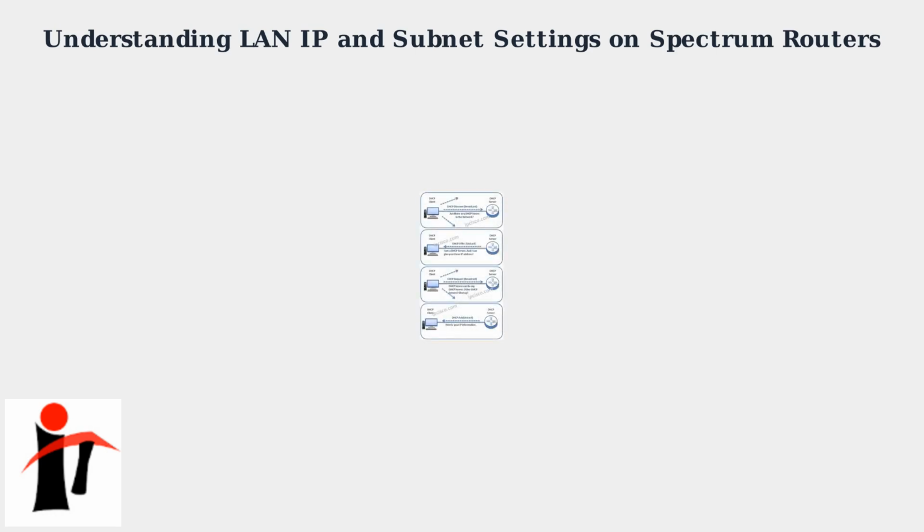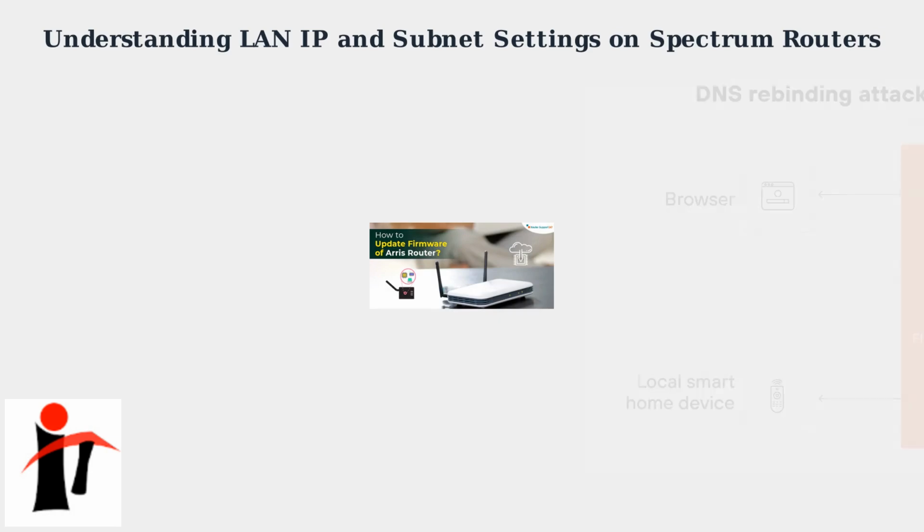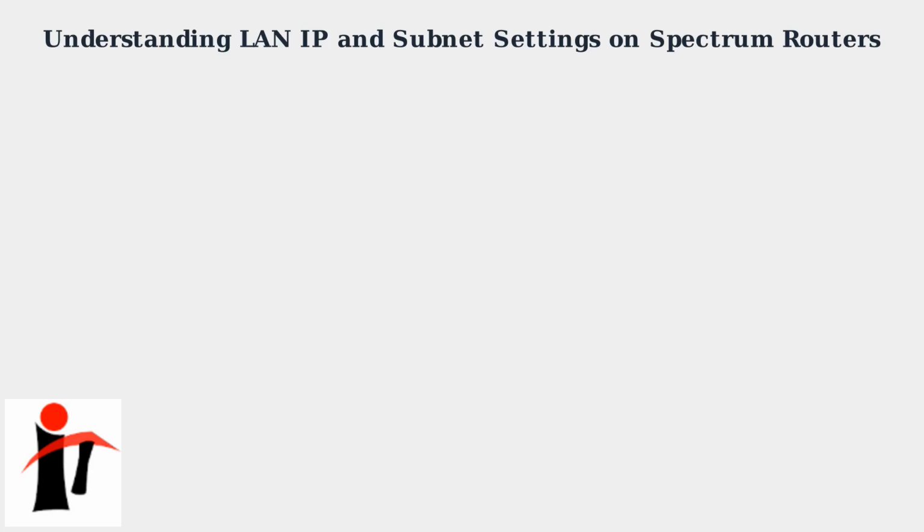Spectrum routers support DHCP for automatic IP assignment to devices, but manual changes are useful for advanced users who need precise control over their network configuration. Recent firmware updates for Spectrum routers emphasize enhanced security features and IPv6 support. Versions like 2.5.1.8 or higher for ARIS models include protections against vulnerabilities such as DNS rebinding attacks that could impact